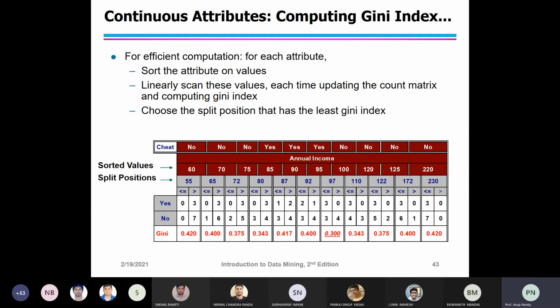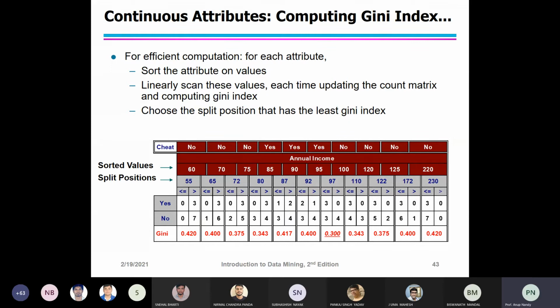There is no annual income less than 55K, so that is 0 for both classes. Now it's 3 for the Yes class and 7 for the other class. Then you can compute the Gini index.